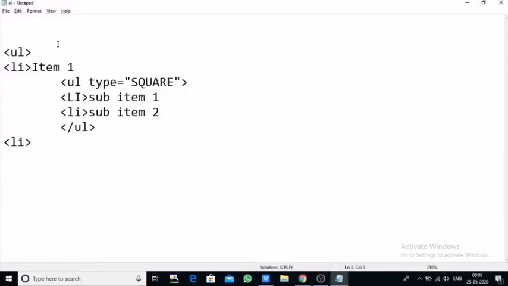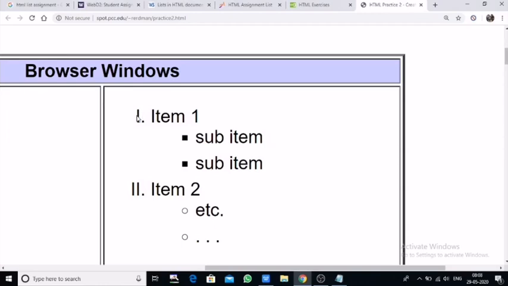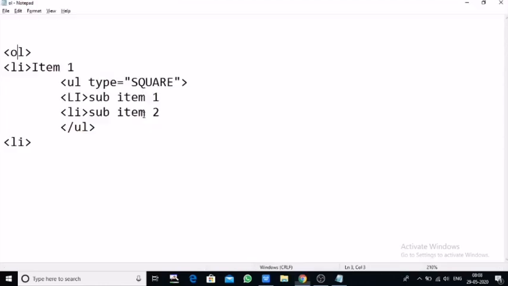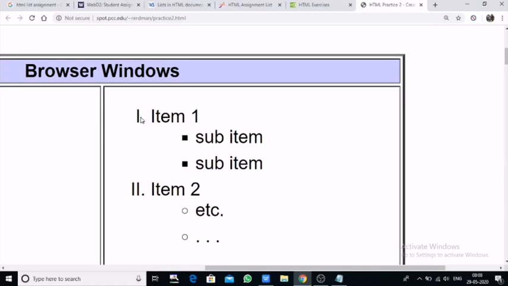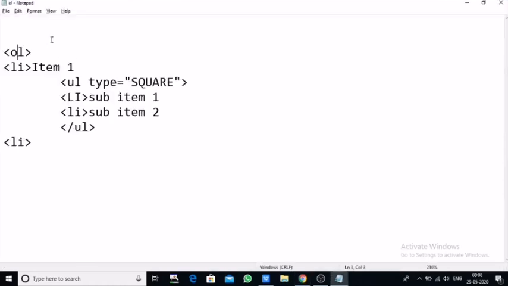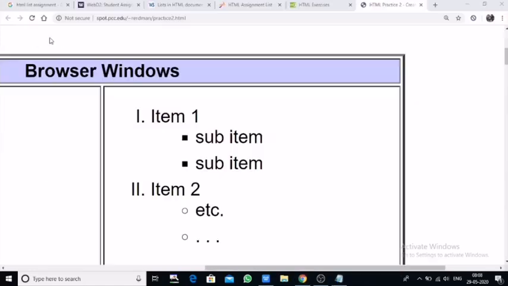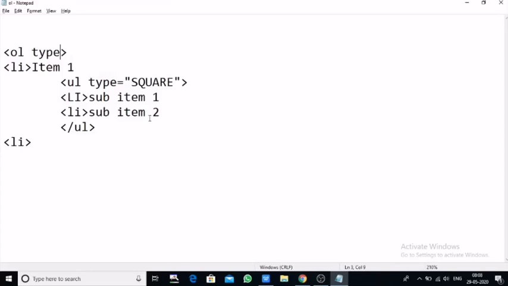and here I have written ul. No, I will write, sorry, not ul, ol. This is in Roman letters and numeric form, so we will use ol, and here we will use the type attribute. It was missed from my eye. The type is Roman capital I, so write the initial I only, that's it, done.